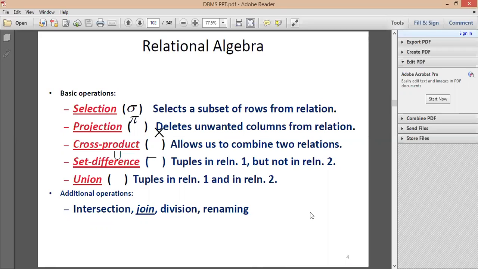The rename operator is basically used for renaming relational algebra expressions. Suppose you have a big query which is a part of some other query.